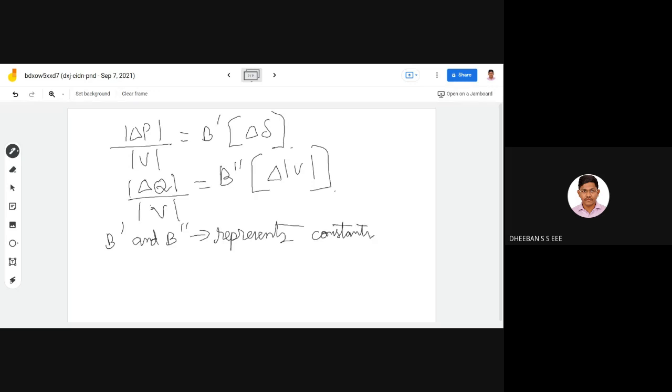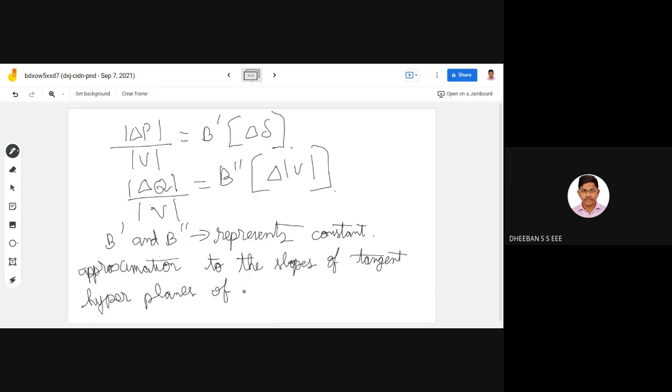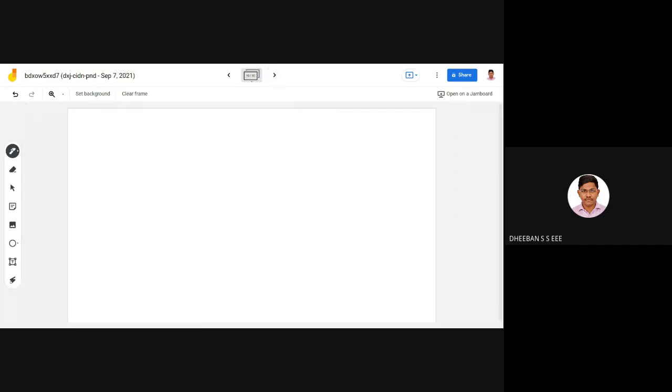Okay, they represent the constant approximation to the slopes of tangent hyperplanes of function del P by V and del Q by V. Okay, so this is what